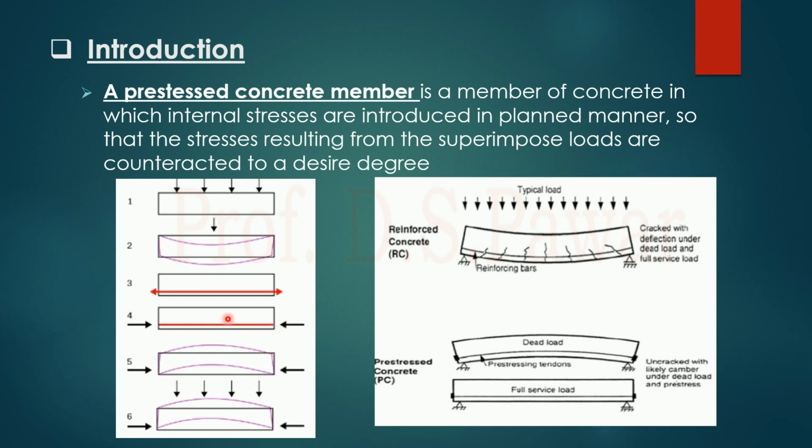The force which we have created is a bending moment like this. This is exactly opposite to the behavior of the other bending moment. So these two are going to counteract each other, and if these two counteract each other, the section will be like this. There is no bending of the section.